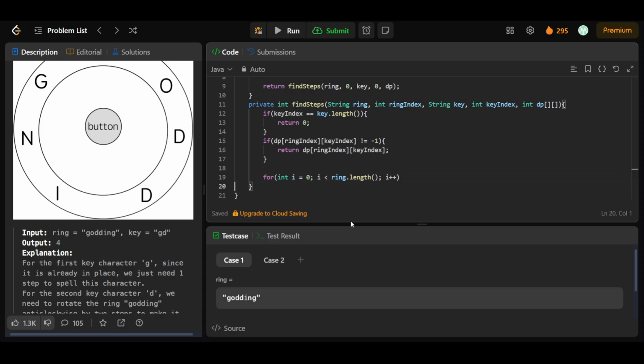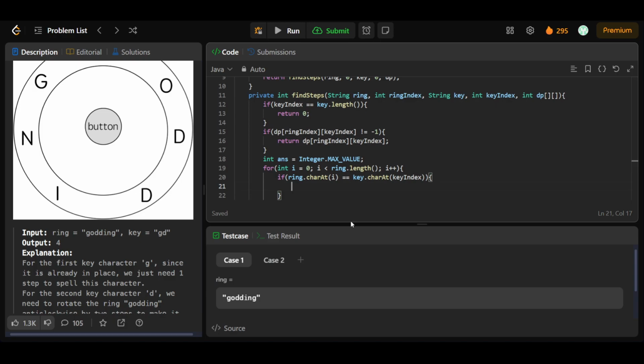Let's also initialize the answer variable, which will be equal to Integer.MAX_VALUE, because we need the minimum value. Then, if ring.charAt(i) is equal to key.charAt(keyIndex),